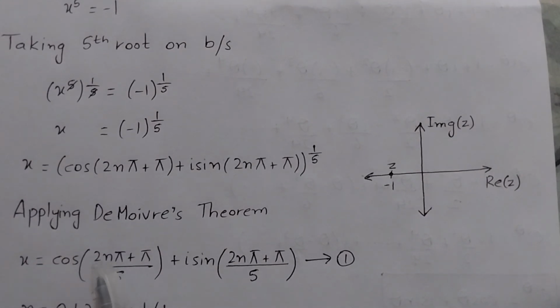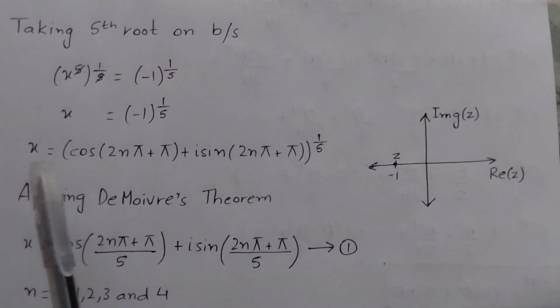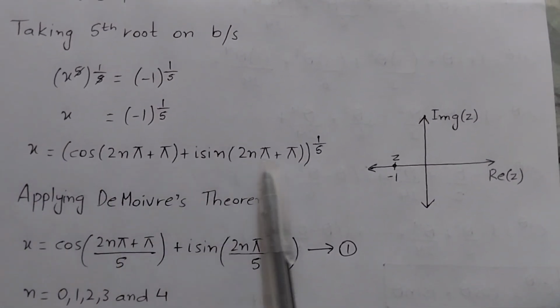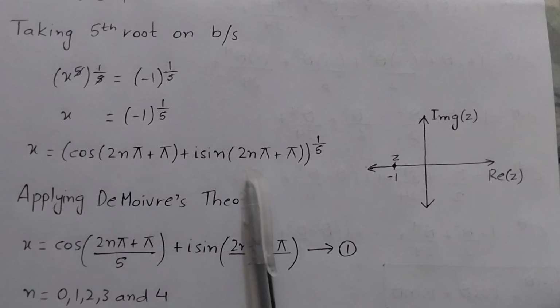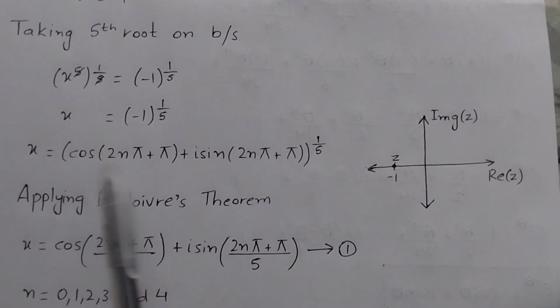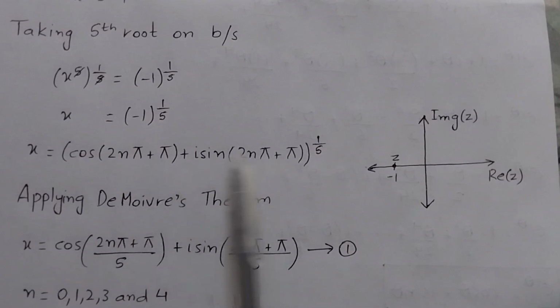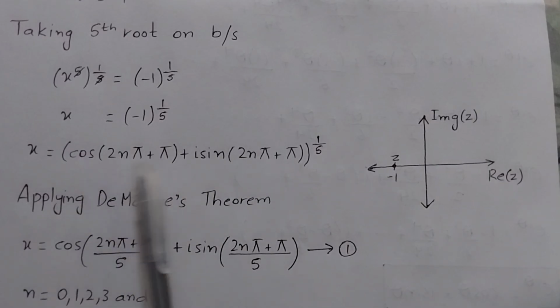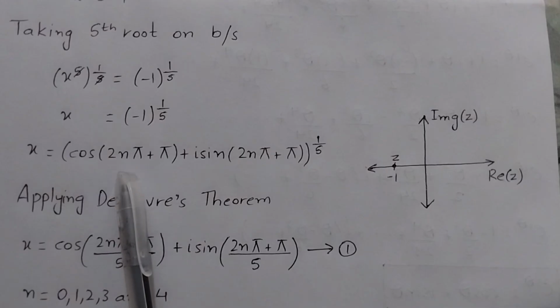So we have established that we can find the values of x by this thing, and we know that there will be 5 roots, 5 answers, and for that we need to put the values of n here, from 0 till